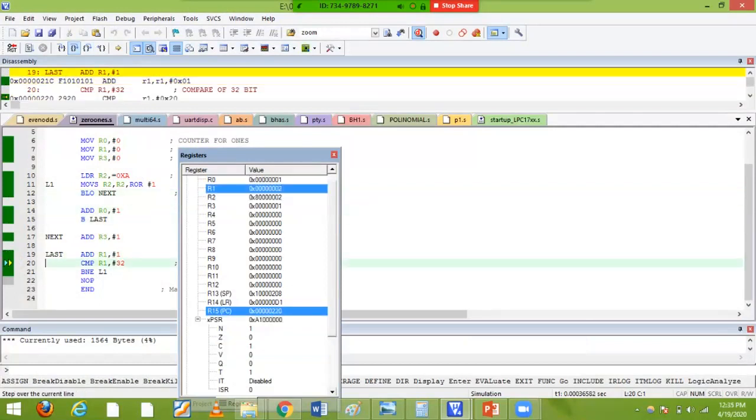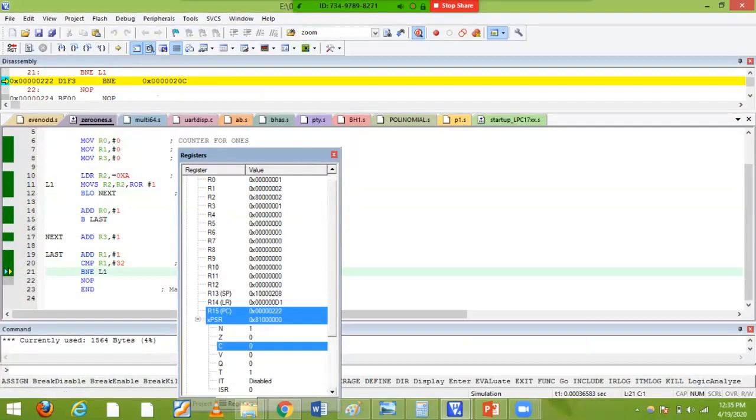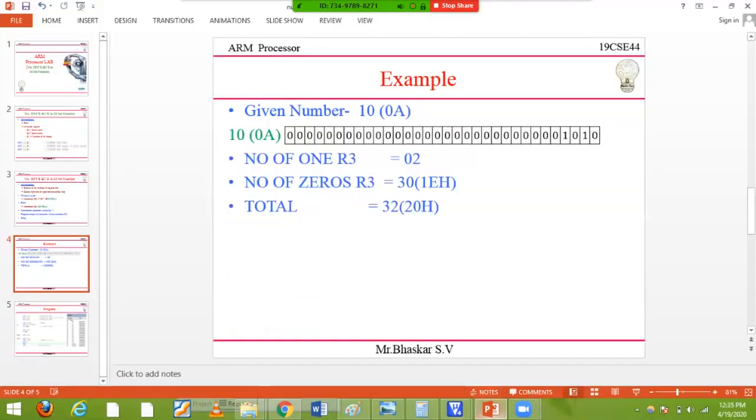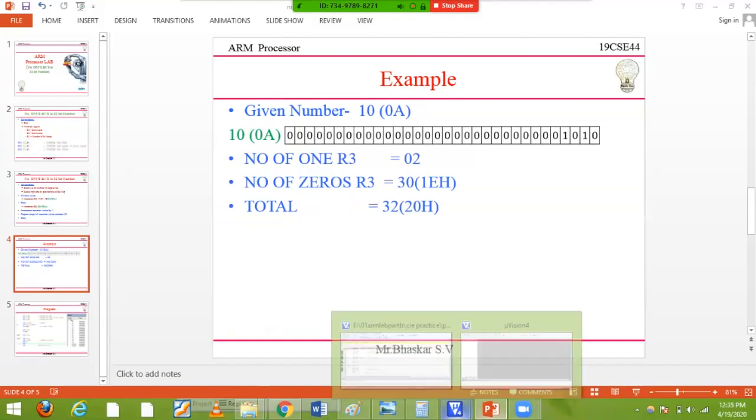Similarly, you repeat the process, and here I'm going to use the counter R1 until you are getting 32. Here it is not 32, because the hexadecimal of 32 is nothing but 20H. So until you are getting 20, this process will be repeated.